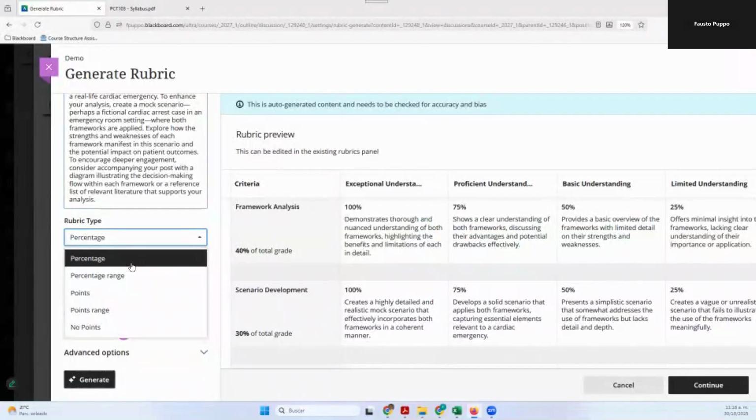Progress towards goals does not necessarily always have to be summative. So even if you select no points, if you make the alignments with a different criteria in your rubric, it will still feed the goals